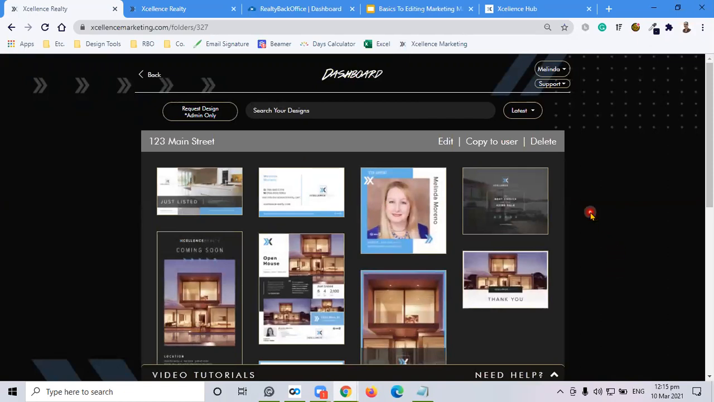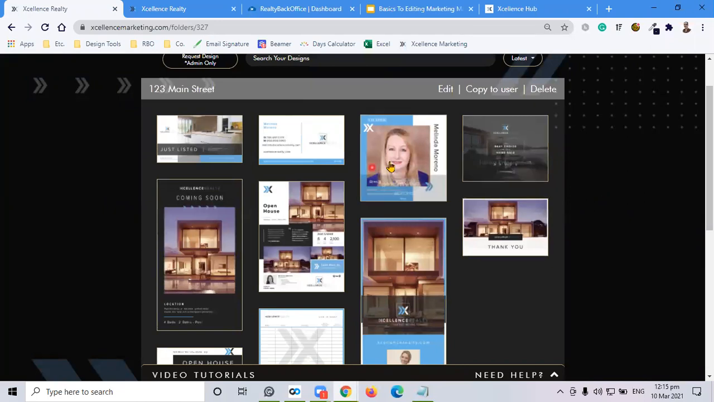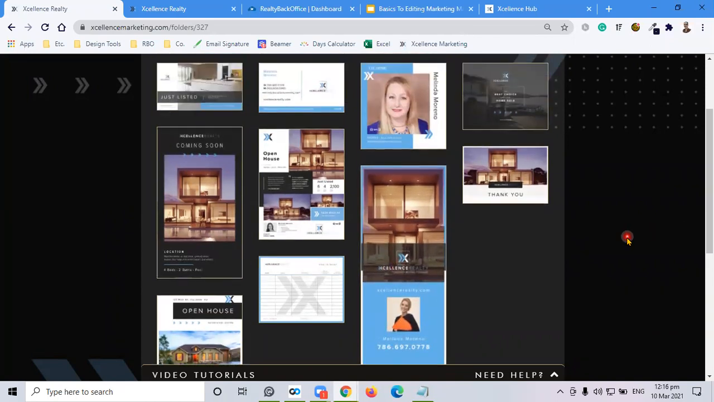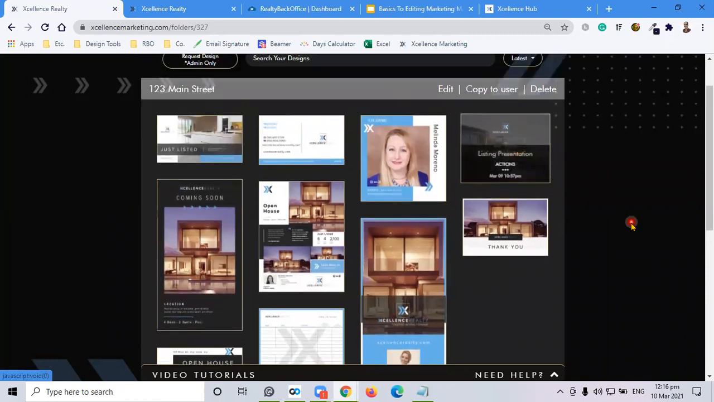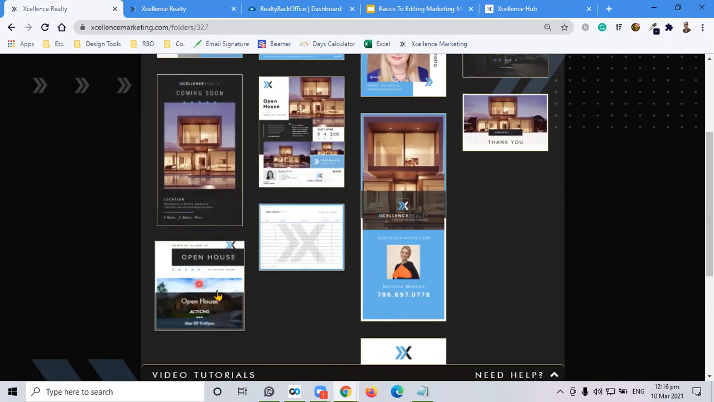So in here, as you can see, I have added all of the marketing material that I would need to help me advertise my listing. So I'm going to start off with my agent introduction social media post, as well as my business card and my door hanger templates here to advertise myself as a realtor. I also have my listing presentation, my coming soon social media post for a sneak peek or a preview of my listing. I have my open house social media post,